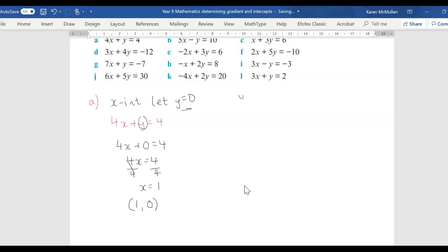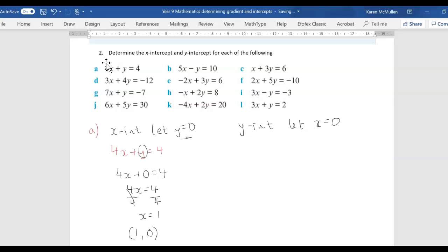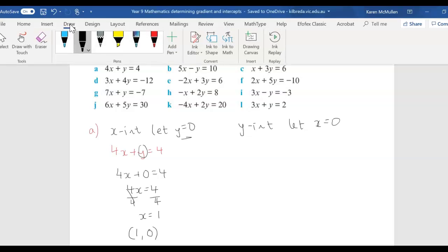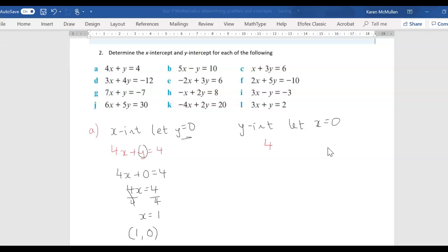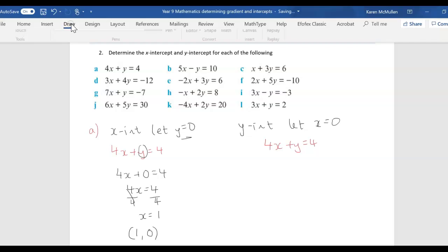All right, if I'm finding the y-intercept now, I've got to let x equal 0. Now it's a bit different to before. Remember, not in this video, but in previous lessons, we could easily see what the y-intercept was, because it would always be our constant. But that would only be when our equation is in the form y equals mx plus c. So for these, they're not. I've got 4x plus y equals 4. So you could rearrange the equation to get it into the form y equals mx plus c, or you can